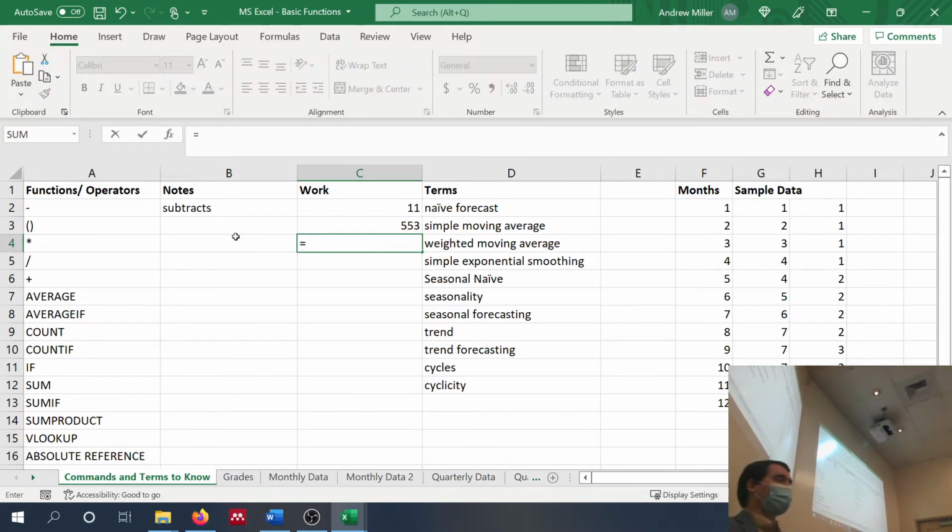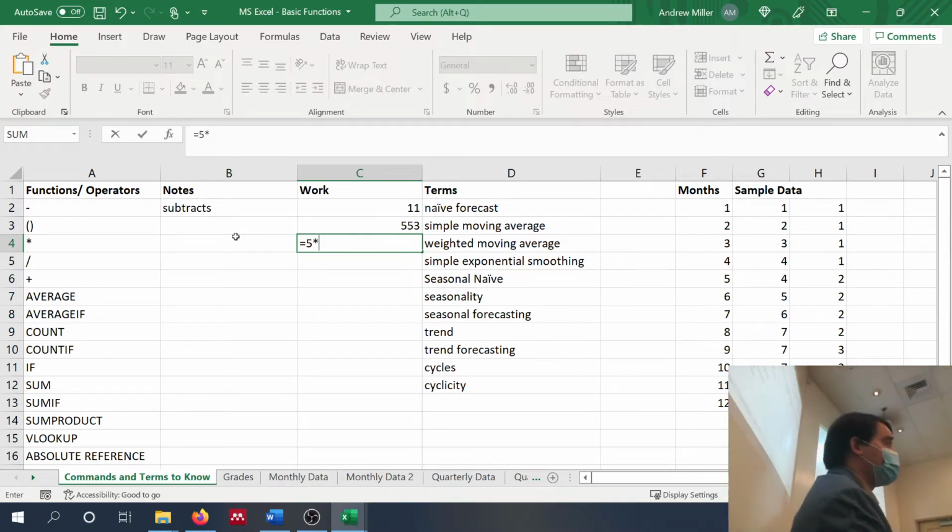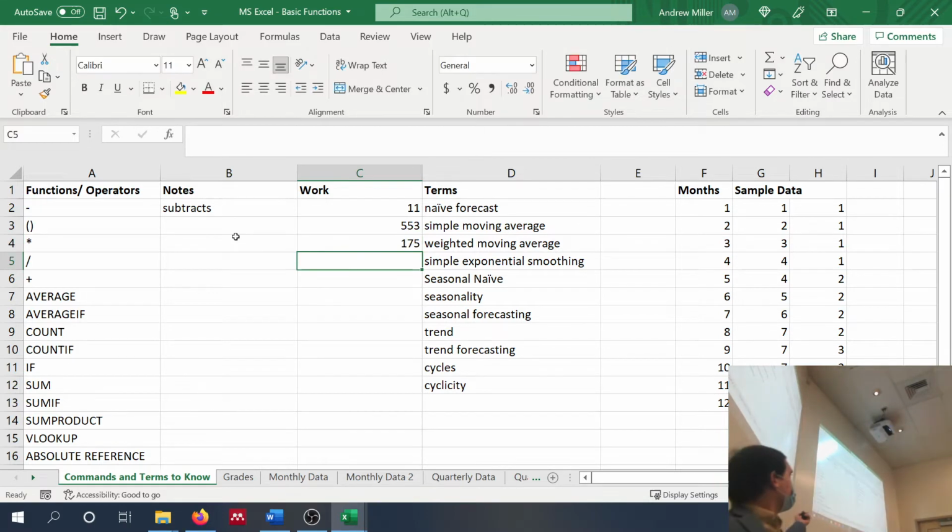Equal sign is exactly right. I was just making sure you guys knew. Someone throw me a number. 5, and we're going to use the asterisk symbol, times. Someone throw me another number. 35. So this is going to multiply 5 and 35, gives us 175.